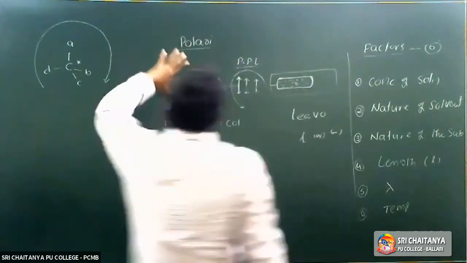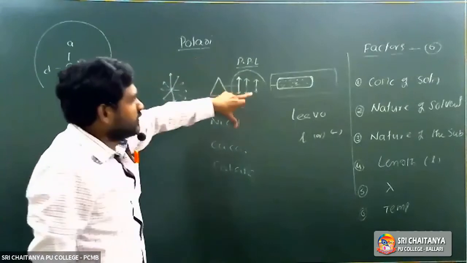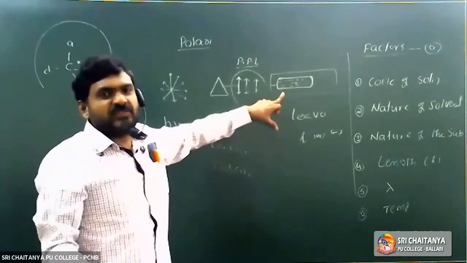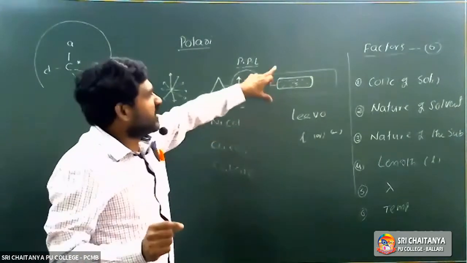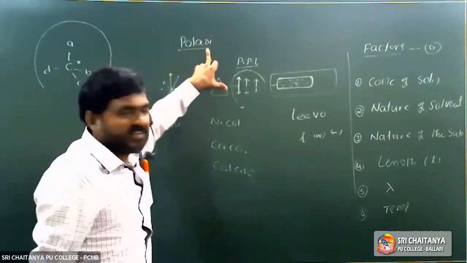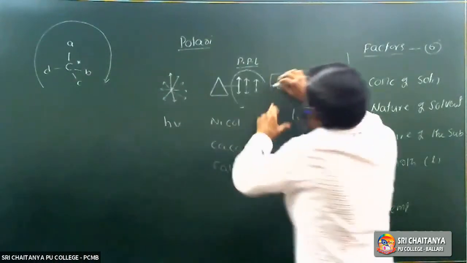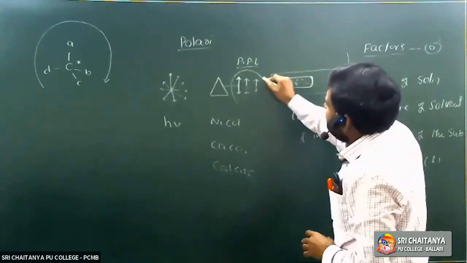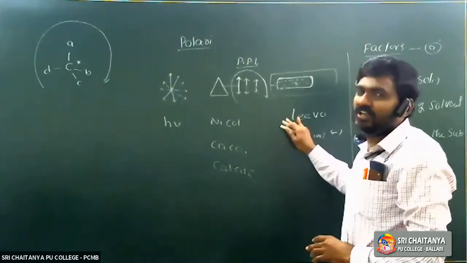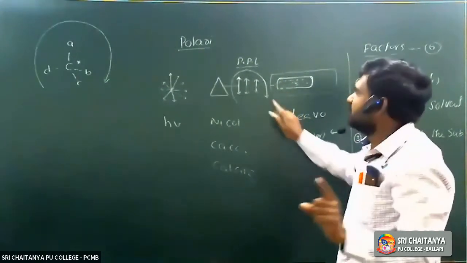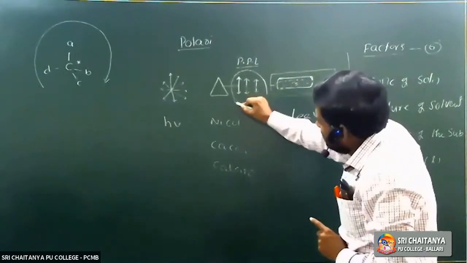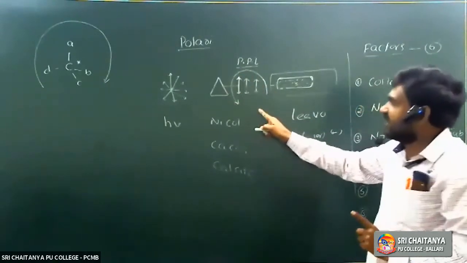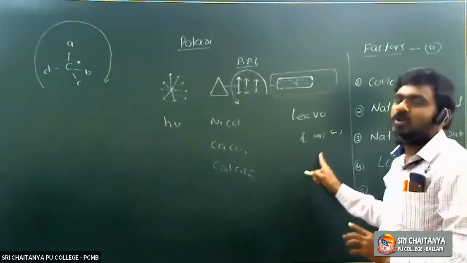The device which is used to produce plane polarized light or to measure the optical rotation is called a polarimeter. In a polarimeter, suppose the substance in the form of a solution rotates the plane polarized light towards the clockwise direction. It is a dextrorotatory compound, small d, not capital D. Suppose the substance rotates the plane polarized light towards the anti-clockwise direction. It is a levorotatory compound, minus.